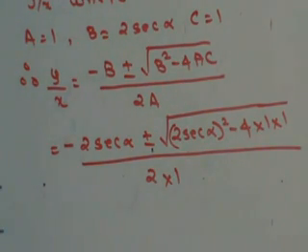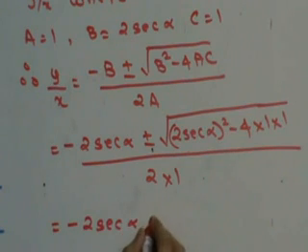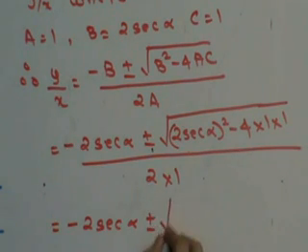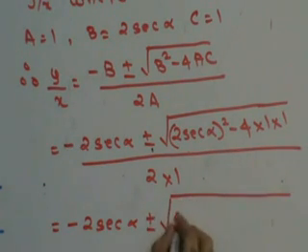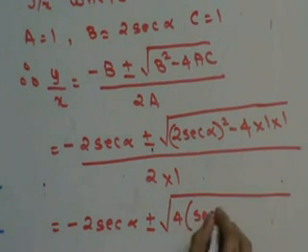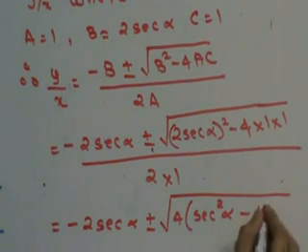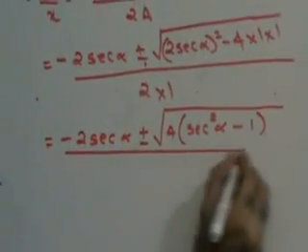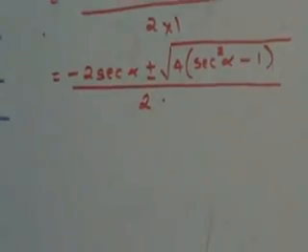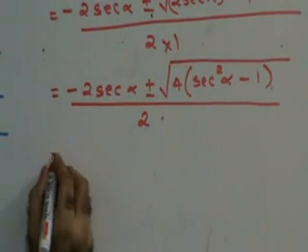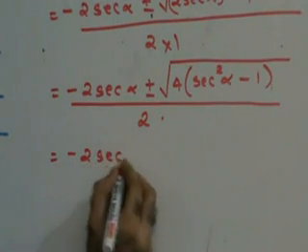Now this can be written as minus 2 sec alpha plus minus, I could take 4 common, so square root of 4 times (sec square alpha minus 1), upon 2. Square root of 4 is 2, so minus 2 sec alpha plus minus 2